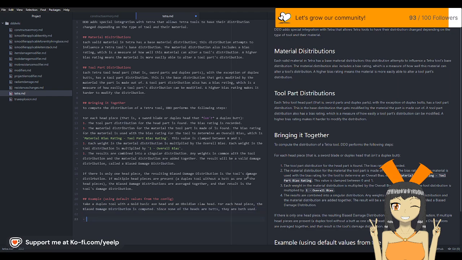We'll start with the gold. We'll go with the gold basic axe head, and an obsidian claw head. Gold basic axe head. Okie dokie. This headpiece is made of gold. Gold has a material distribution of